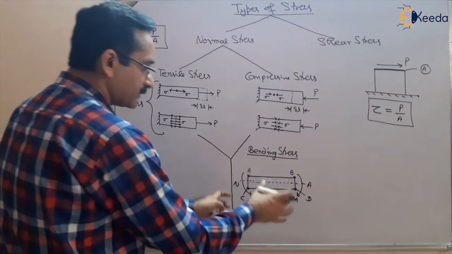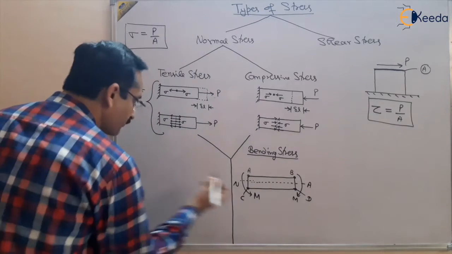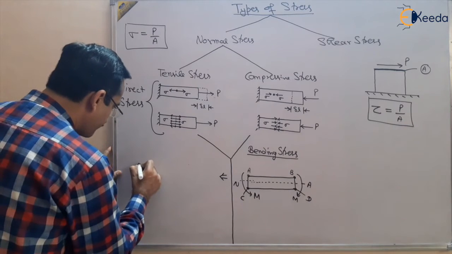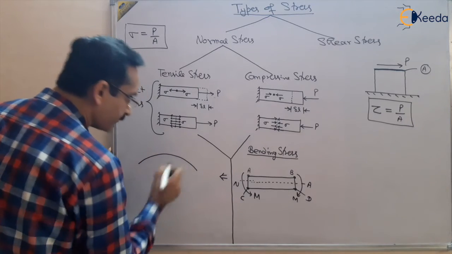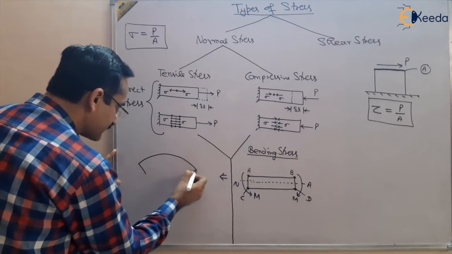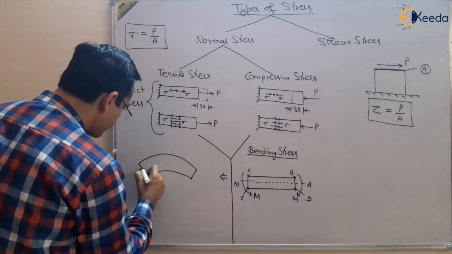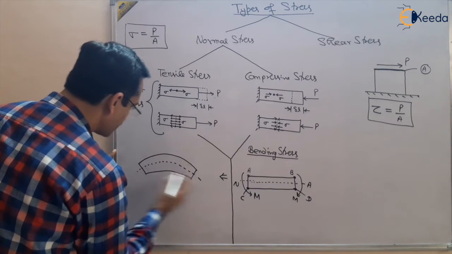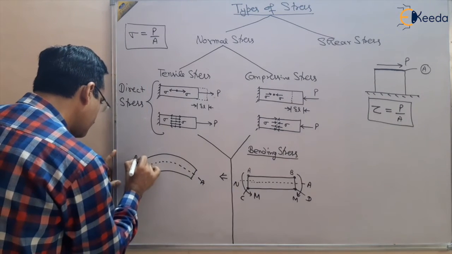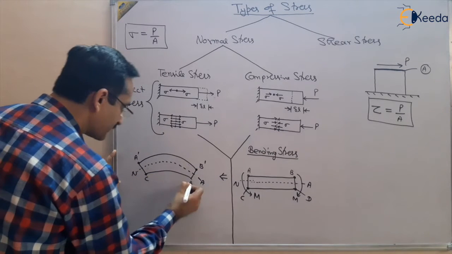So what will happen? It will bend, because we have applied a bending moment, right? And due to bending, what will happen? I am showing here what will happen. There will be an increase in length of the upper part, and a decrease in the length of the lower part, right? And this is the neutral axis, and this AB part becomes A dash B dash, and CD part becomes C dash D dash,